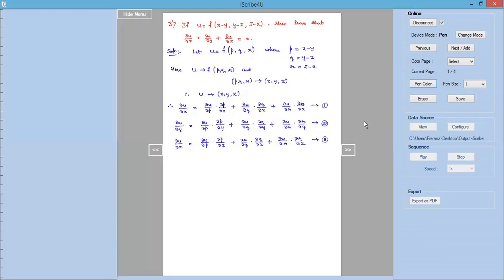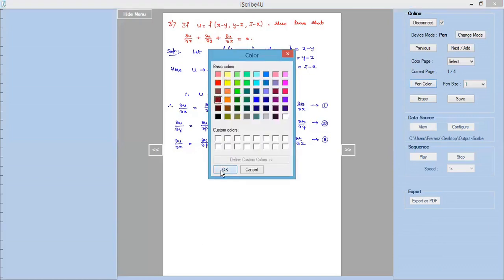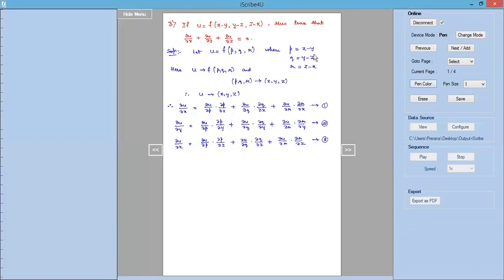So let us now consider p, q, r and find out the partial derivatives, whatever is required, that is ∂p/∂x, ∂p/∂y, ∂p/∂z. Similarly, ∂q/∂x, ∂q/∂y, ∂q/∂z. Like that, we will find out all the partial derivatives. So first, I will consider p is equal to x minus y. Since p is equal to x minus y, we obtain ∂p/∂x, partial differentiation of p